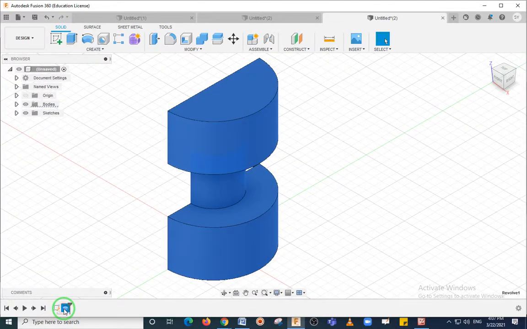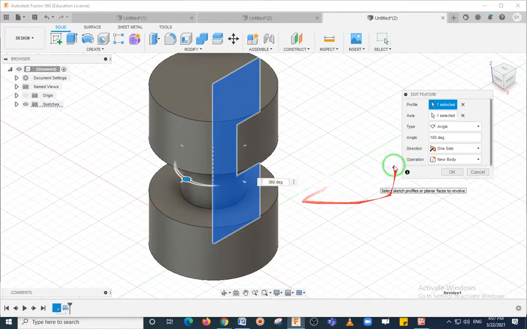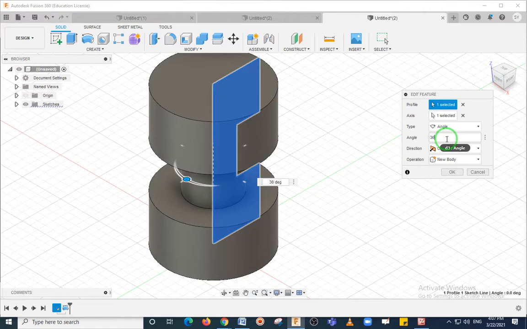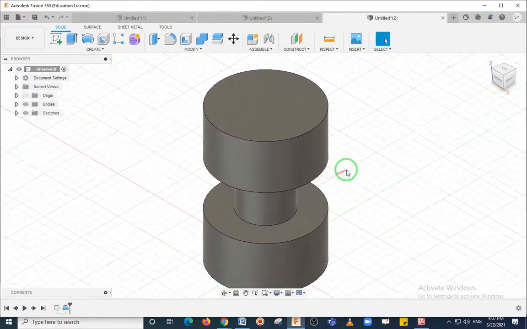Now you can click here and edit the feature. You can change its angle to 360. As you have entered 360, it is adding the material by 360. Now click the OK option. As you have clicked OK, this object is completed here.